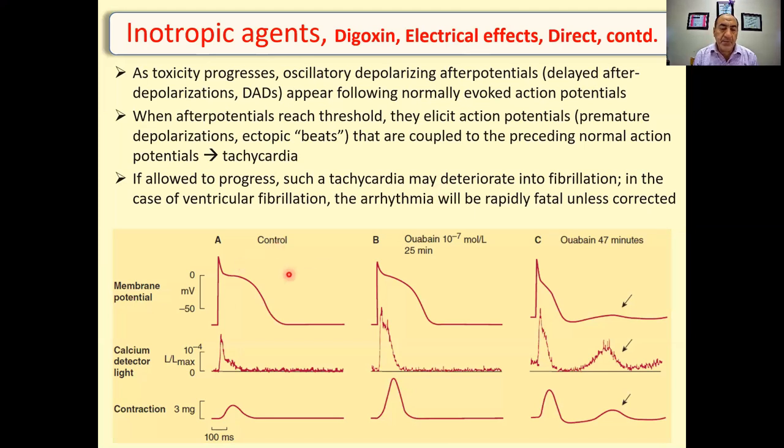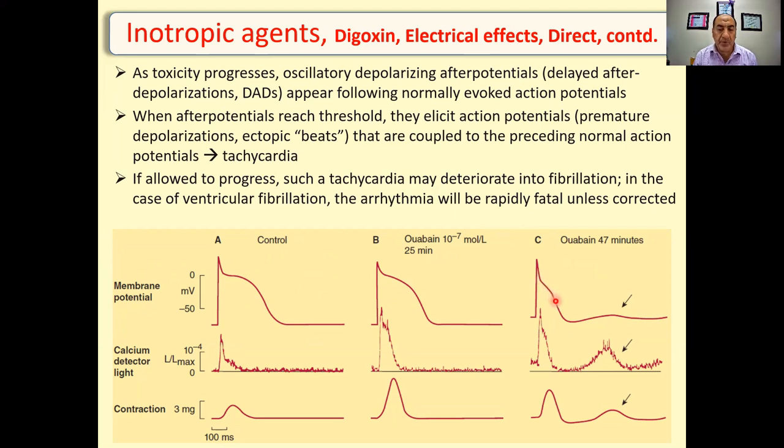This experiment shows the effect of ouabain, one of the digitalis or cardiac glycosides, on the heart. Okay, so here this is a control, just saline, nothing. So this is the normal plateau of the heart. Okay, this is the membrane potential. When you give ouabain, this is the therapeutic level. So there is shortening here. You see here, notice shortening of the action potential plateau. At toxic level, when the ouabain reaches toxicity, it will result in further